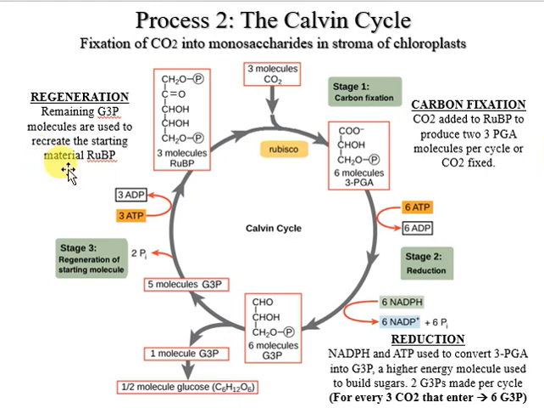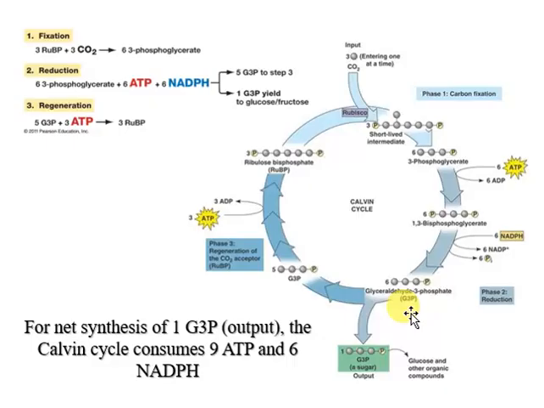Now, the ATP and NADPH that are used in the Calvin cycle, they're sustained by light reactions. So light reactions sustain the Calvin cycle by regenerating ATP and NADPH. All right, so what are the nets of the Calvin cycle? Well, for the synthesis of one G3P molecule, right? When I say that, I'm referring to the output of your 1 G3P molecule that will leave the Calvin cycle. In order to create this guy,